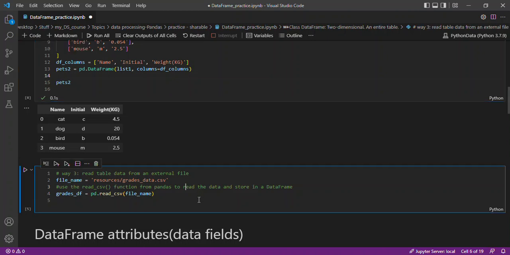Okay, a third way is simply to read the table from an external file. Okay, one common file extension or file format is CSV or comma separated values. Okay, so the first step is to specify the file path, and we've talked about the file path. It's simply the list of directories and subdirectories or folders or subfolders that we need to go through to get into a particular file. In this case, this file, dataframe underscore